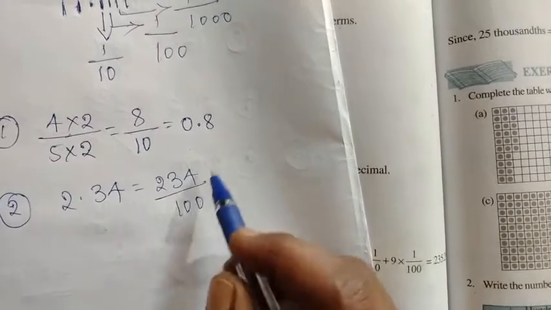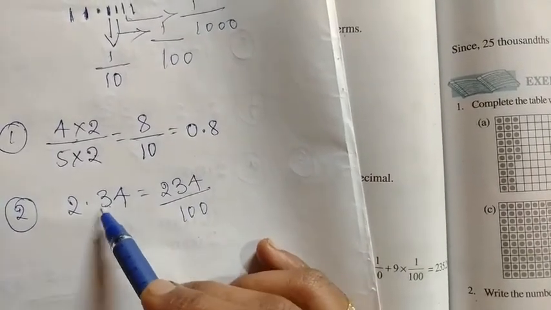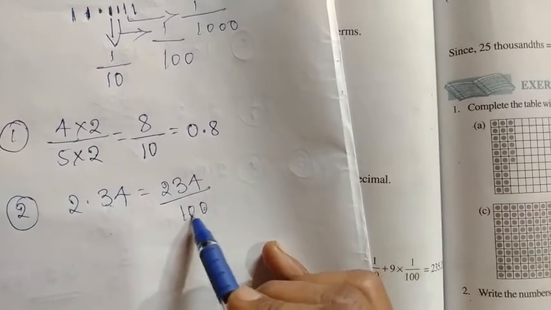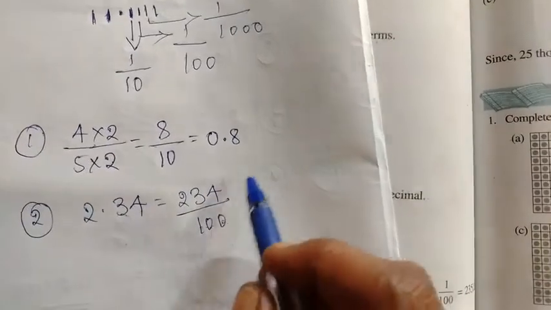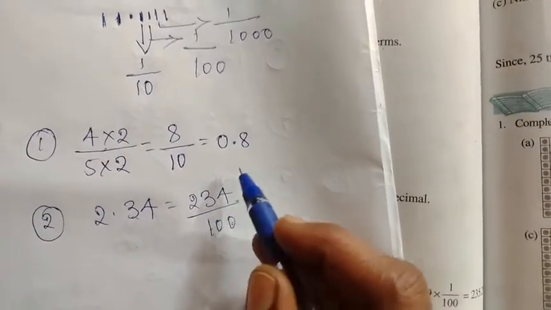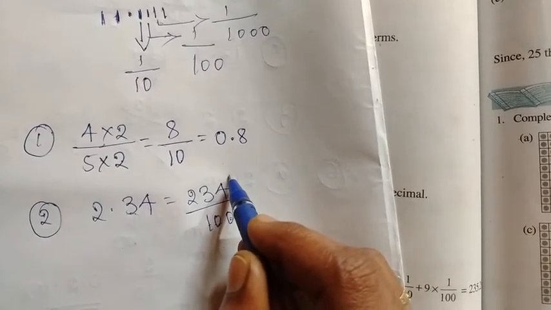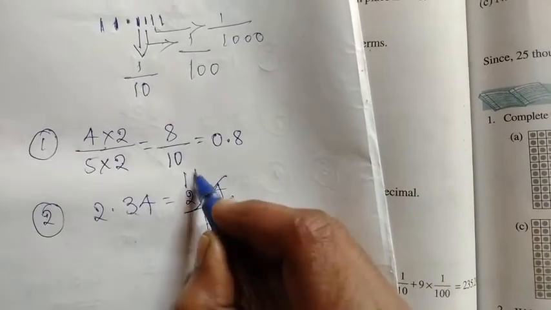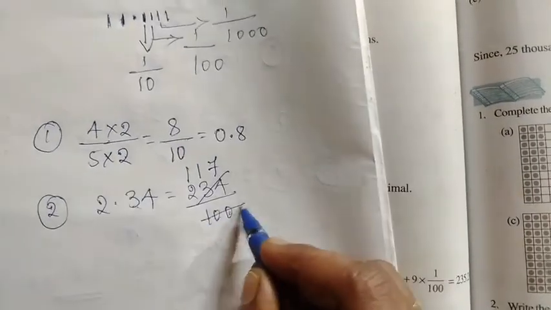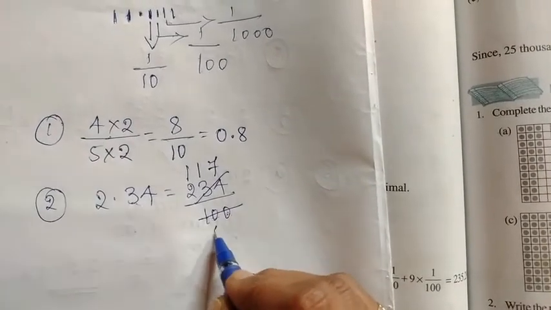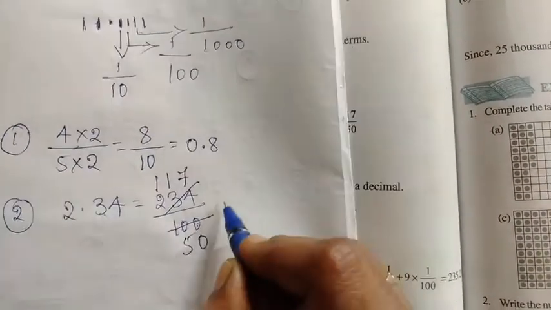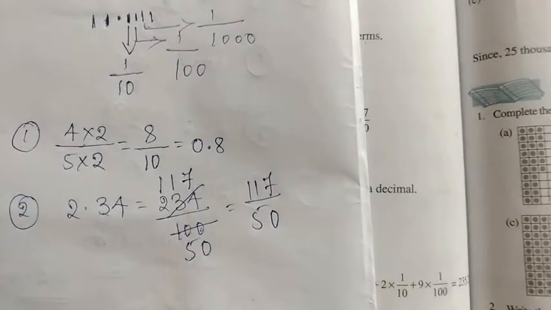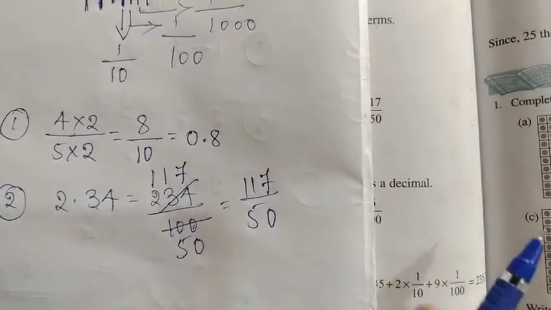Okay, see here how many digits are there. Write two zeros. You have to take 2 zeros. Next, convert to lowest form. Okay, 2 ones are 2, 2 sevens are 14, yes, get cancelled. 2 fives are 10, 0 as it is. Okay, 117 divided by 50. Again you convert this one.